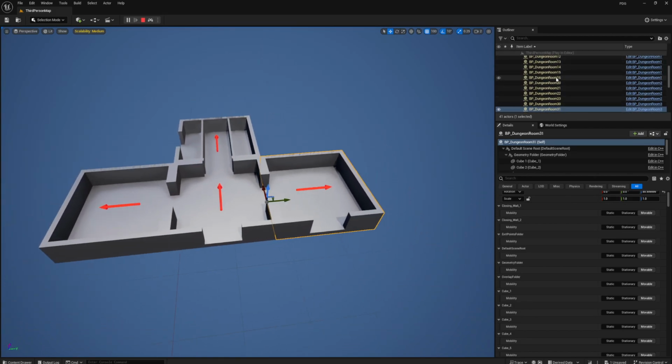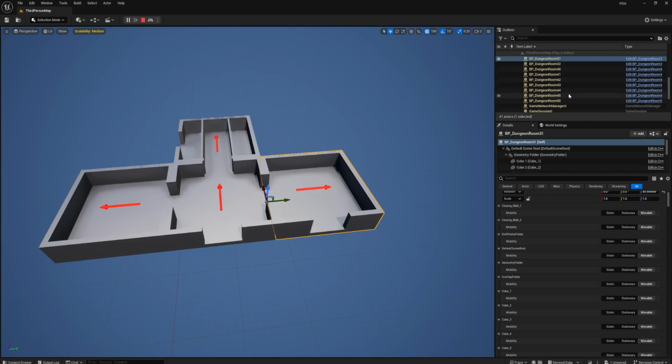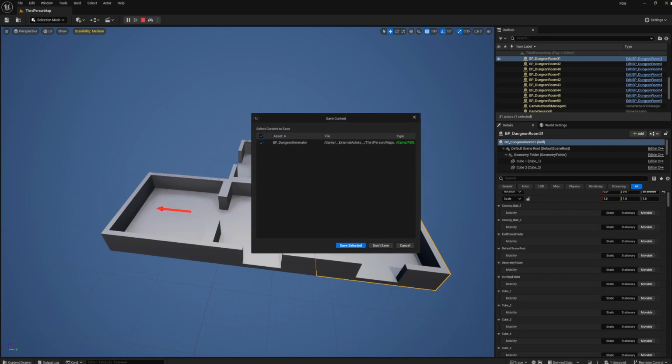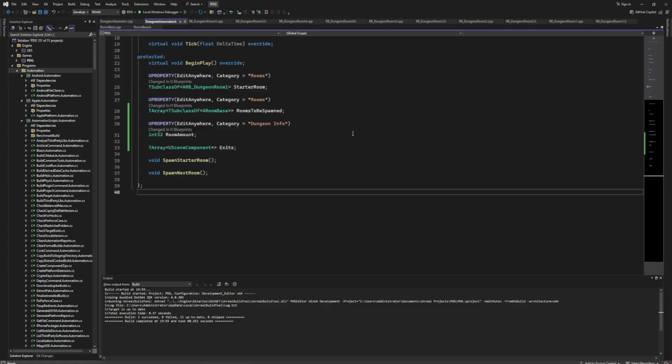But still, on the right side, you see that 20 additional rooms are getting spawned, so basically in some way we have succeeded with that, and now let's fix this behavior that we have now. So let's close our Unreal Engine. We need here to save selected. Okay,